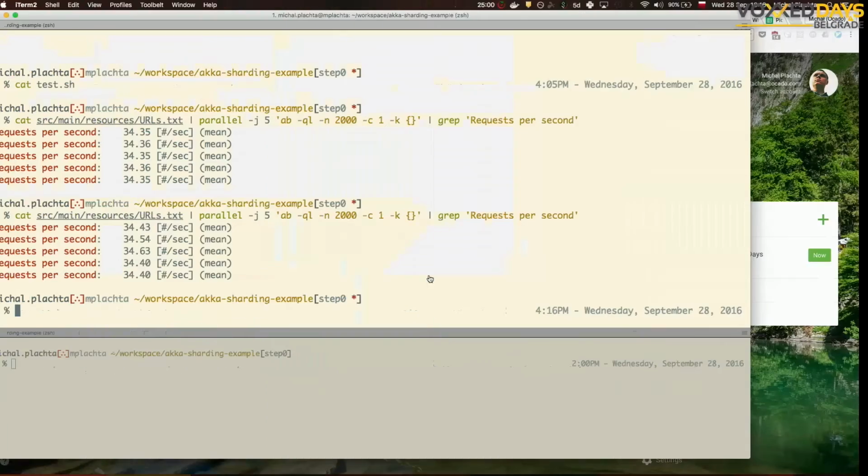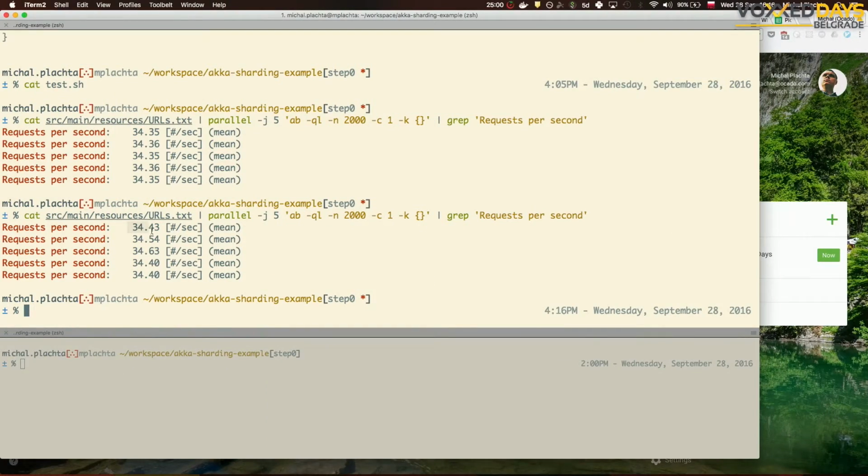How many requests per second do we get with this solution? Who knows? Sorry? Hundreds. Why? Okay, there's a mic here. Well, I hope it's non-blocking, and the first call will finish and the future will be returned, and when the calculation is done, it will propagate the response. In that time, the REST service will be able to process another request. You are right only in a part of your description. As you see, we got the same results. Why?